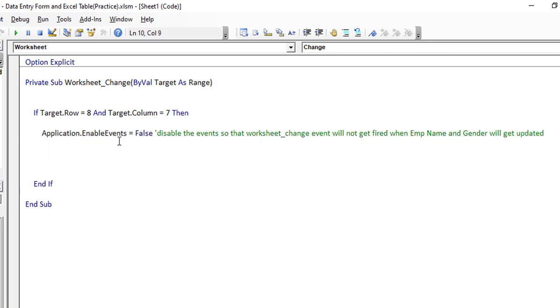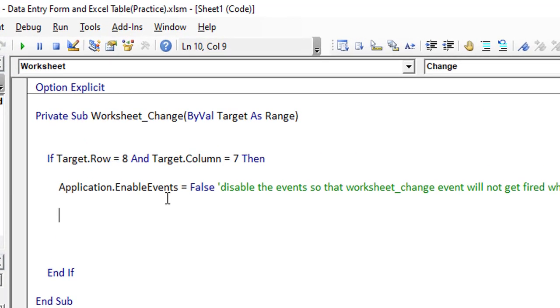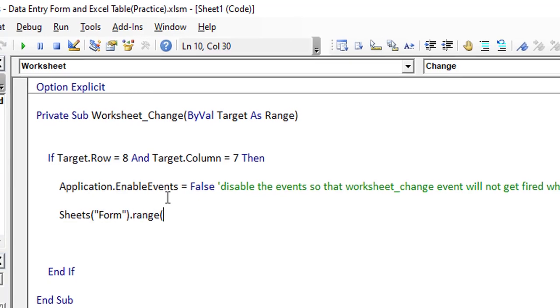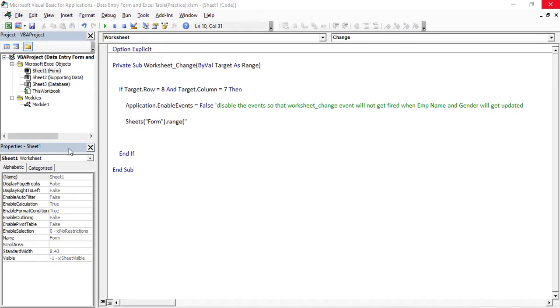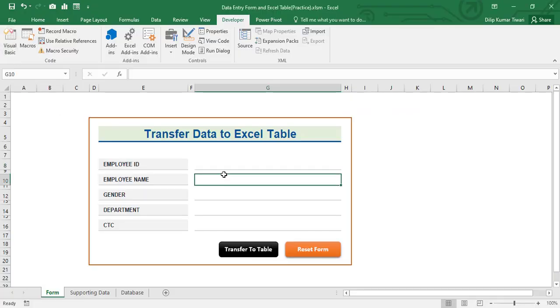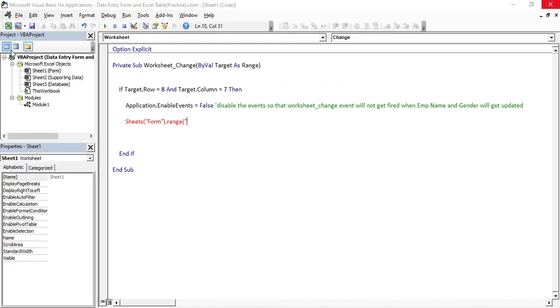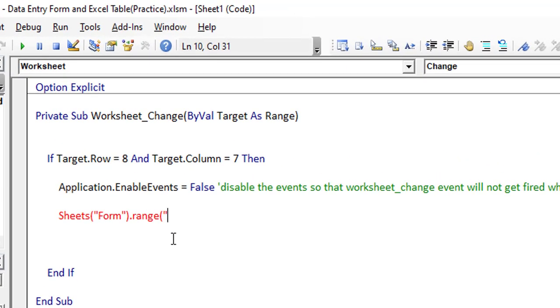Now we need to apply the VLookup. Sheets, and the sheet name is Form, where we need to update the value, and the range would be, so let's move to Excel, and we need to update this. So the range is G10 and this is G12. Okay, so the range is G10 dot Value,